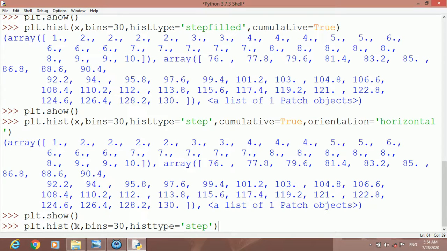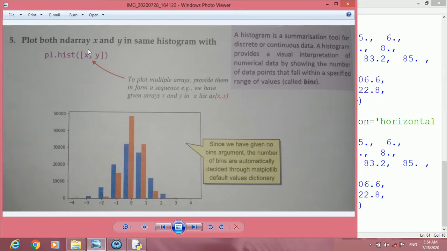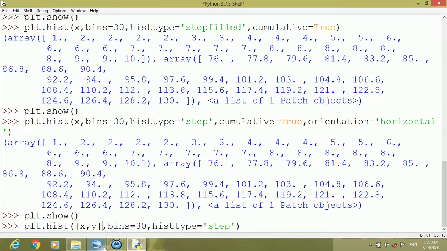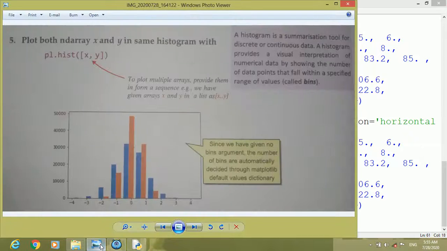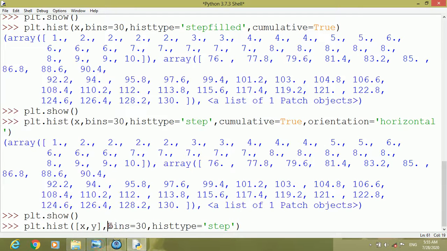For this we can have parentheses, x comma y, as shown here. We can write it in the form of a list, x comma y, and then display the value. Bins, if you want you can have, otherwise no need.